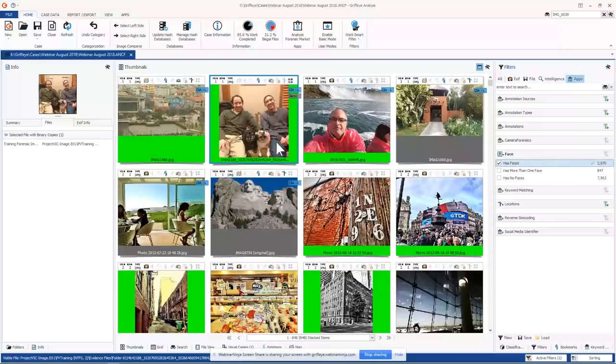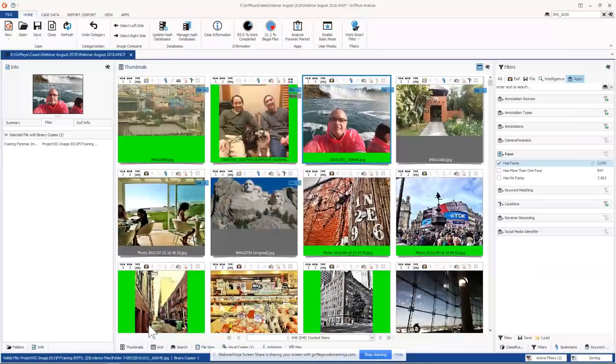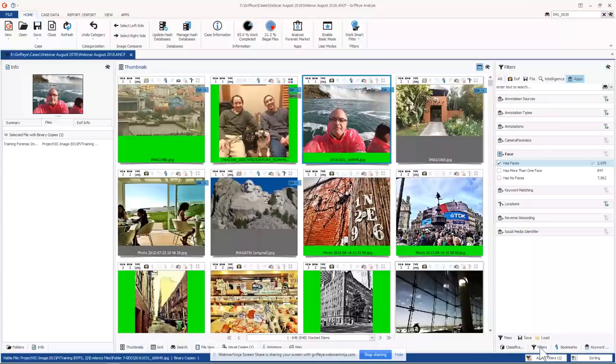And Griffeye has detected a face within this photograph. So one thing I can do is search for faces similar to a face that exists inside the case or one that's external to the case. You can also search within video. So you can search for a similar face within a video, and we'll show that here in a second.